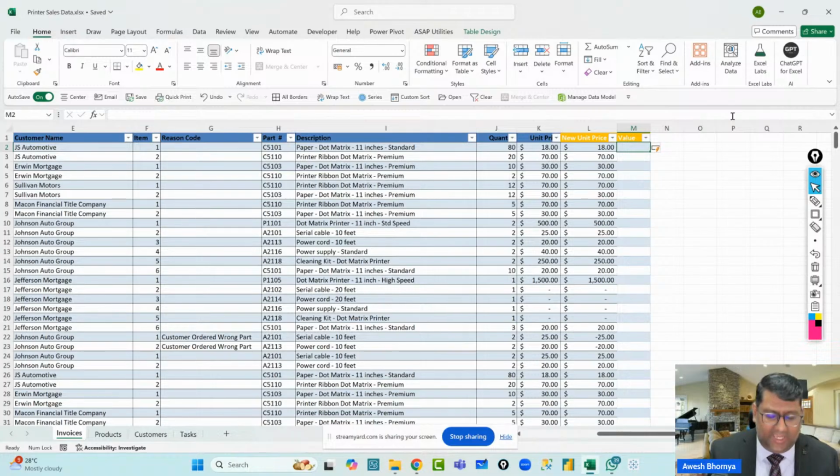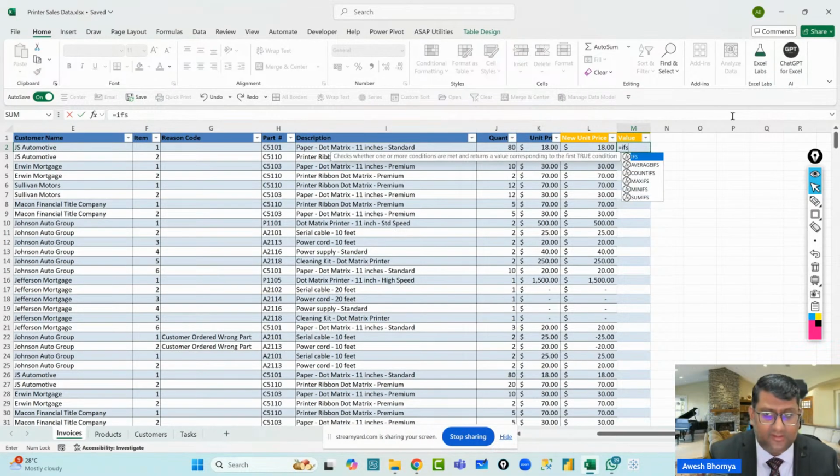So I'll start off with the IFS function. Now remember, IFS is a new function in 2019, but now I think we're in 2024. So by now you should all be having it. If you do not have the IFS function, you will then have to use the nested if scenario. So I will show you how to work with the IFS function. So equal to IFS and hit the tab key to invoke it. Now when you do this, you need to provide the logical test and value if true.